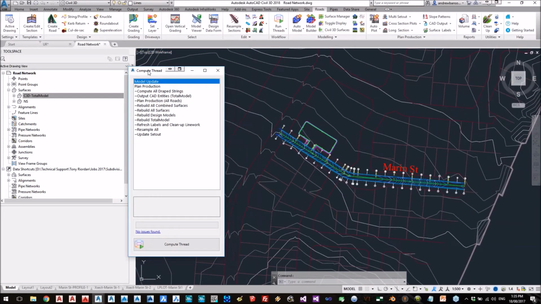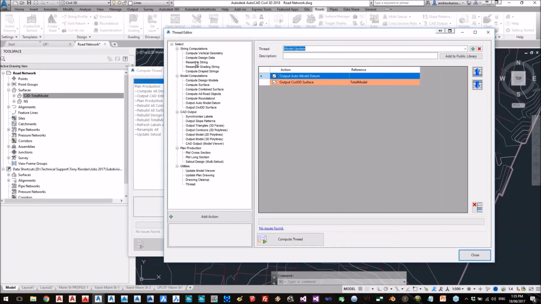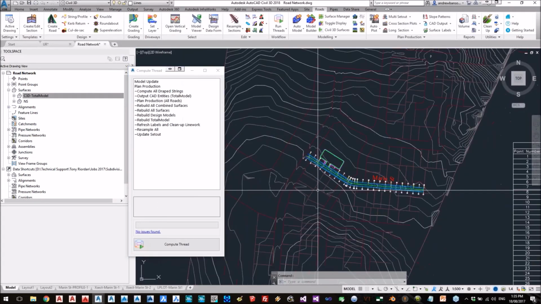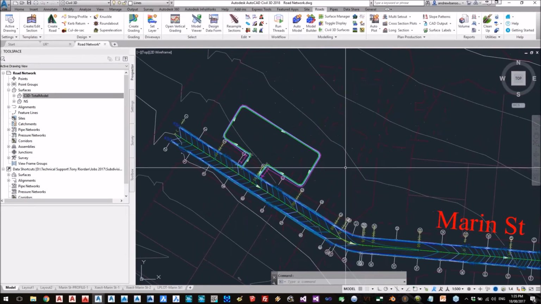So yeah, it's really just as simple as that to build up the thread. I'm not going to go through and demonstrate every single action. A lot of it's pretty self-explanatory, the sort of things that you might want to do, but there are just some common examples. The final thing I wanted to do is